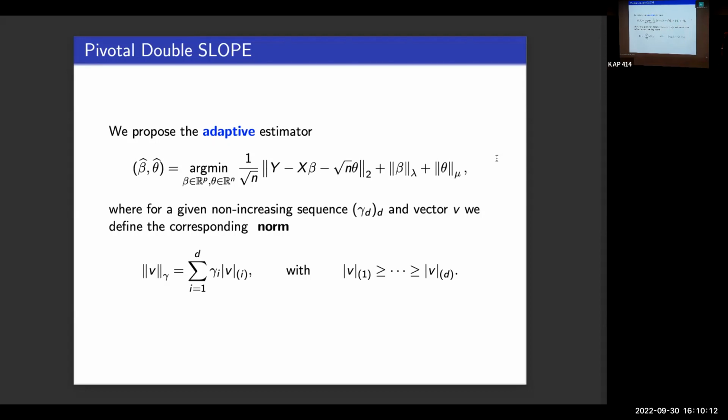Even if it seems easy to say it this way, it was still challenging to show that this estimator is actually optimal and does similarly to what the previous one was doing. And it has the advantage of being fully adaptive, because here you don't require knowledge of S, nor of O, and not knowing sigma as well, because we minimize over the square root of the quadratic loss.